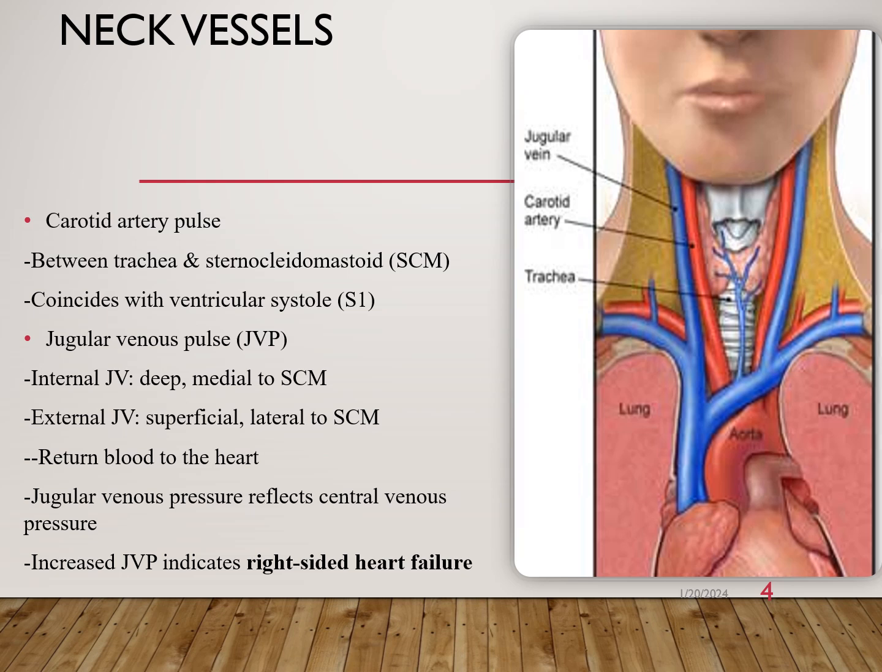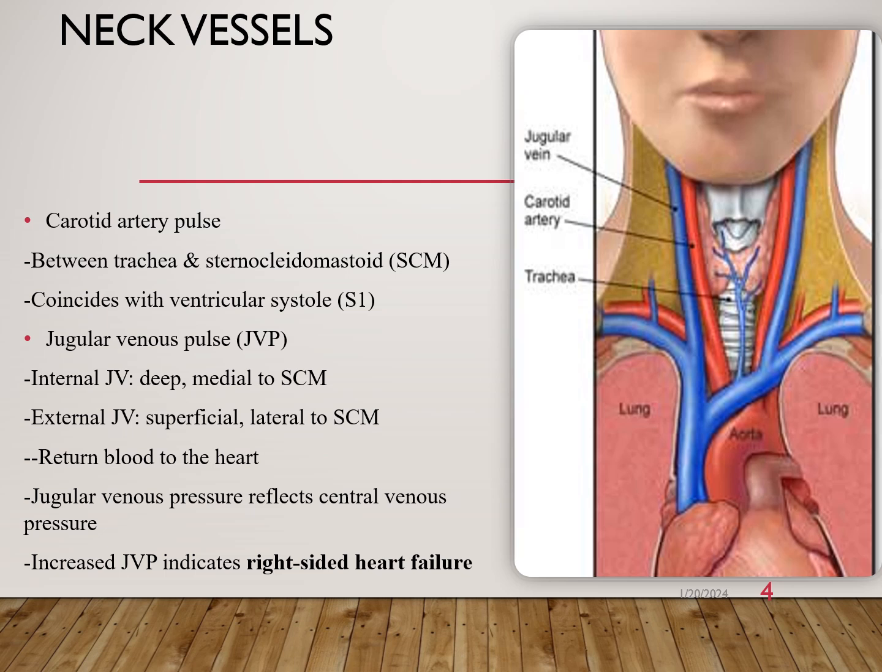The neck vessels that you will assess are your carotid arteries. Those are between the trachea and the sternocleidomastoid muscle. And your carotid artery pulse and your radial pulse should all coincide with the ventricular systole, or the S1, or the lub sound. The jugular venous pulse or the pressure